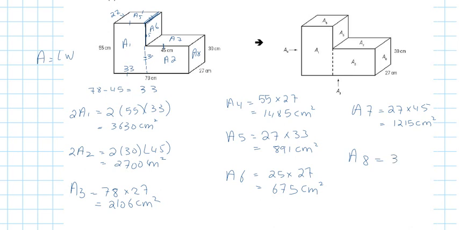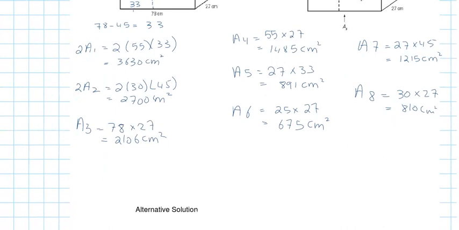30 by 27, that's 810. And then you have to add them all together, right? All of your areas together to give you your total area. What do you guys get? I think it's 13,512, but I would